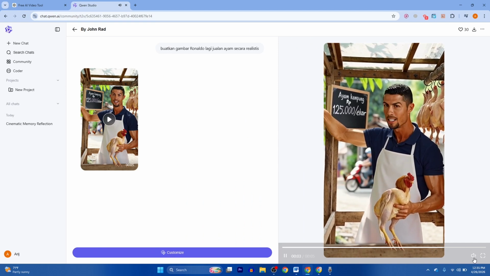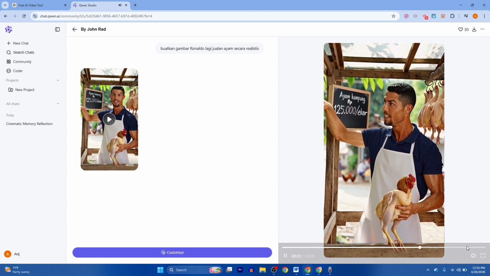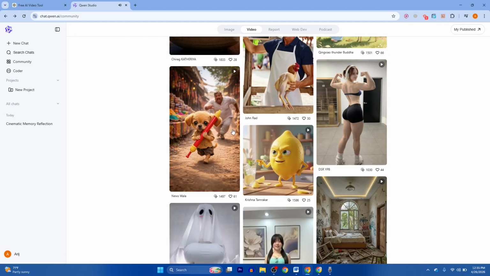Sehat dan siap masak. Ayam kampung asli, segar, sehat dan siap masak. Ayam kampung